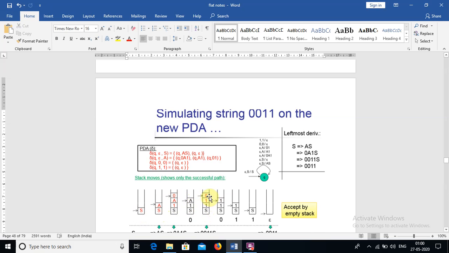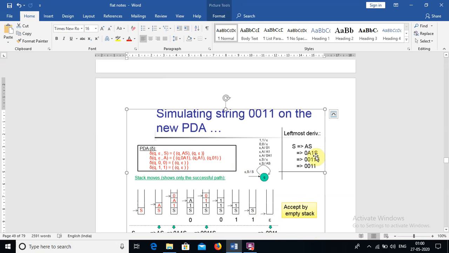So again for 0 we have a top, and for 1 1 we have a top. So what it means is, we have a terminal symbol, and we just pop 1 and 1 by 1, finally we reach S and we can pop that too. So finally we reach the empty stack. For 0011, the constructed PDA will give the empty stack, which means the string is accepted by the constructed PDA for the grammar, okay.